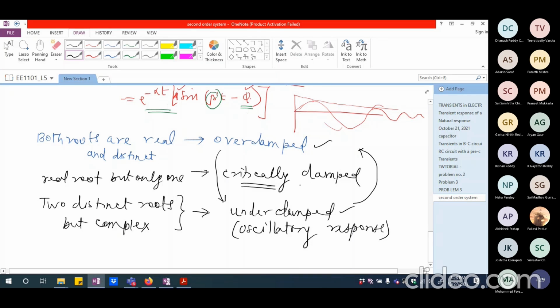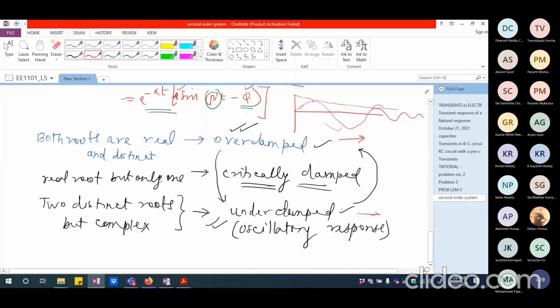So experimentally, it is not going to be very easy for us to catch this particular response, whereas we would be able to see very clearly the overdamped or underdamped response. So I'm going to take two cases, one for overdamped and one for underdamped,